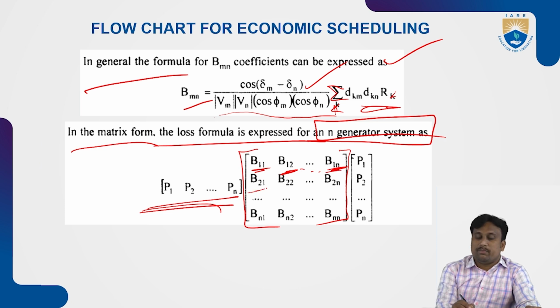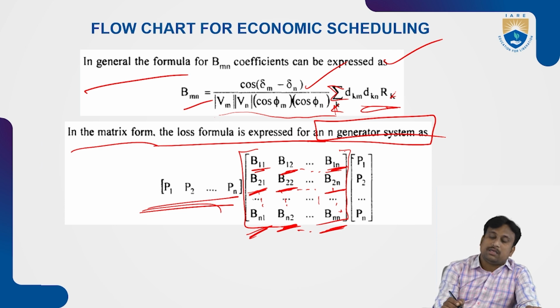Similarly, in the second row, B21, B22, and so on up to B2n. And in the final case, when it is extended to n, Bn1, Bn2, and so on up to Bnn